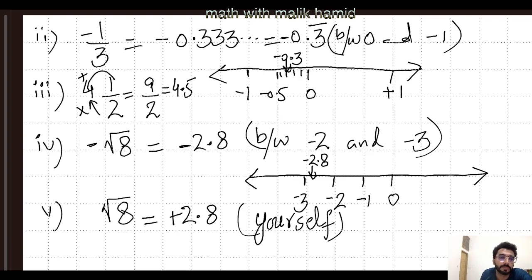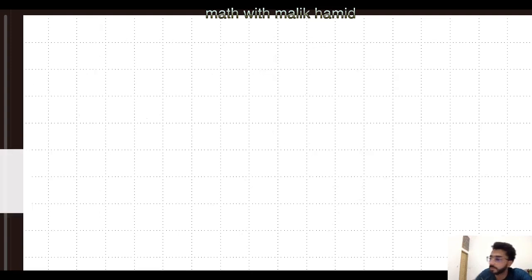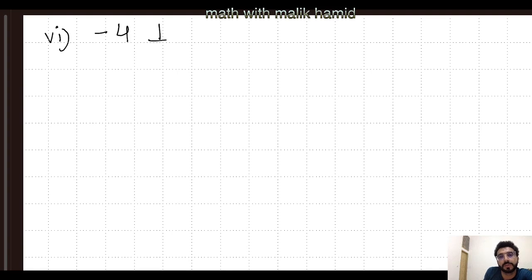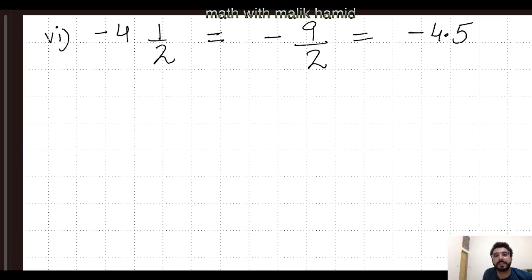So move to the next part of this question. Part number 6 is minus 4 whole 1 by 2. We get the answer, as you know, 9 by 2, and it will become minus 4.5. Similarly, this will be between,